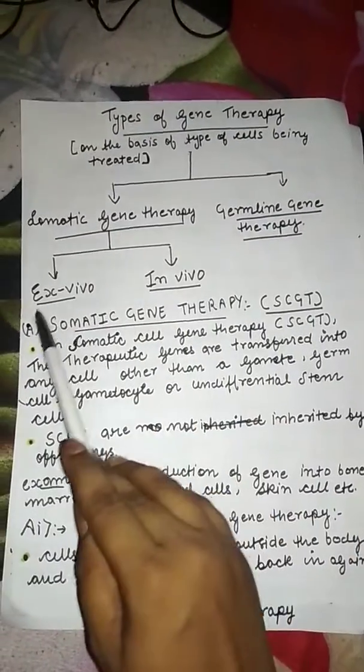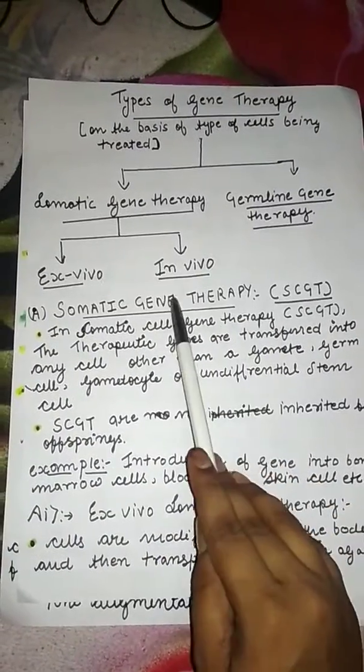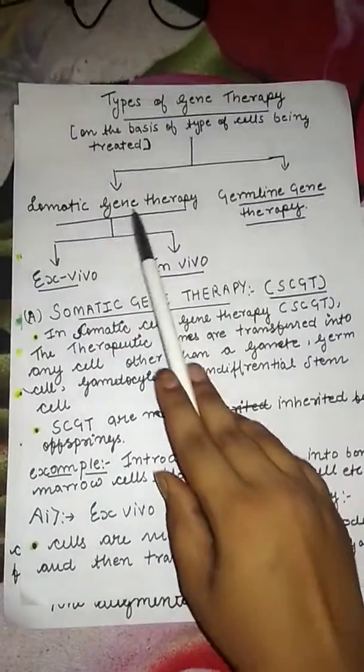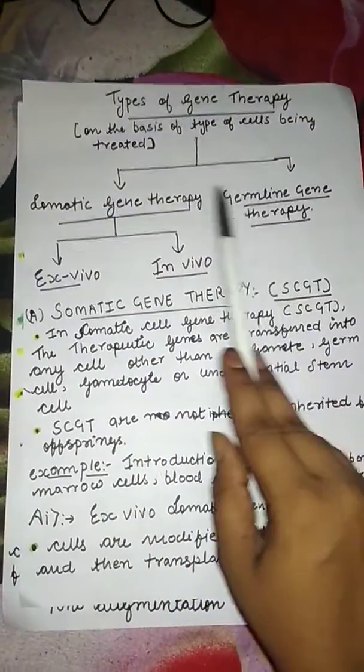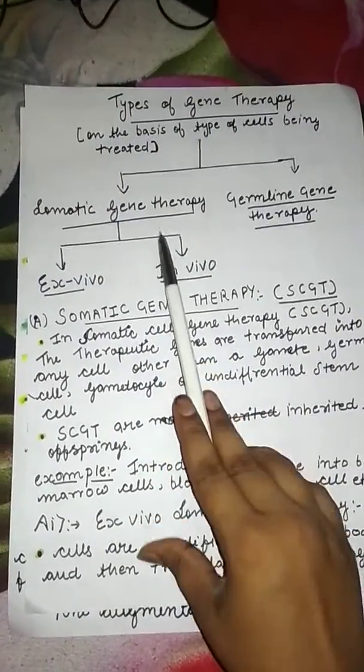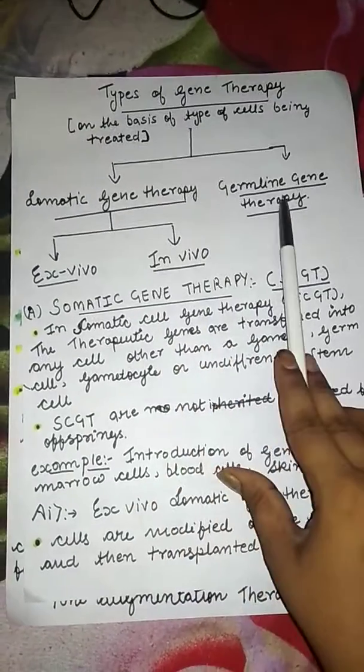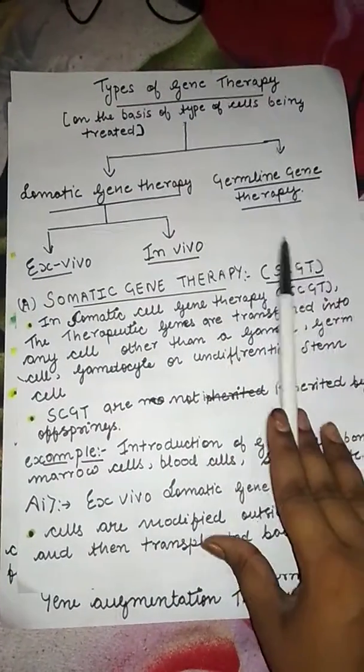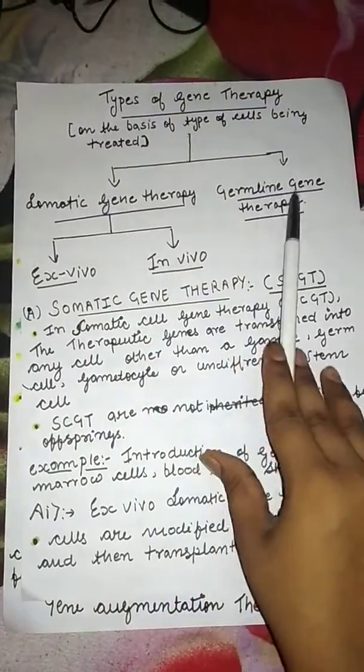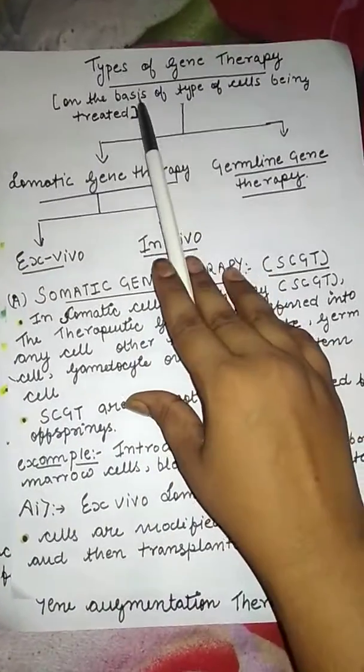So this is gene therapy done in the somatic cell. The basic difference between these two is that somatic gene therapy is non-inheritable and germline gene therapy is inheritable,